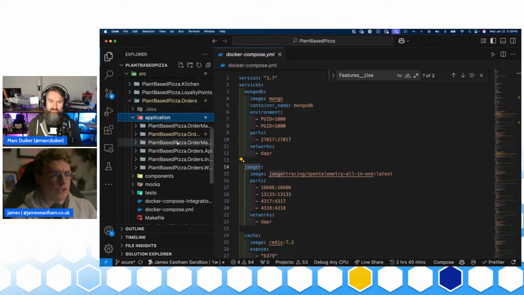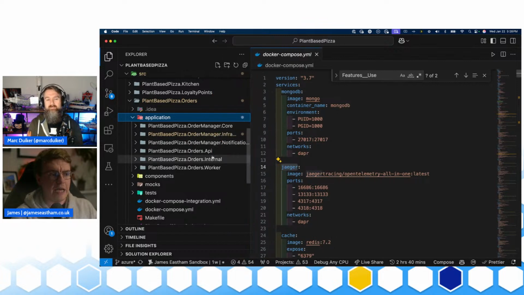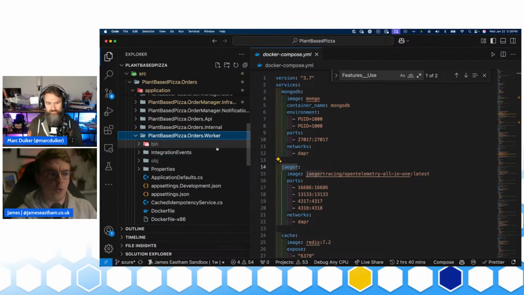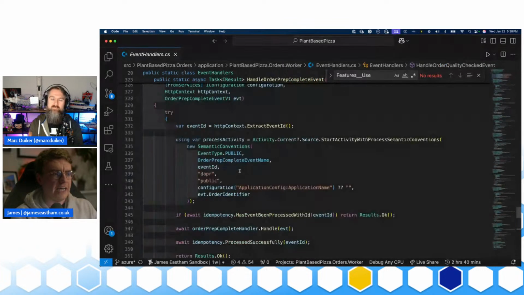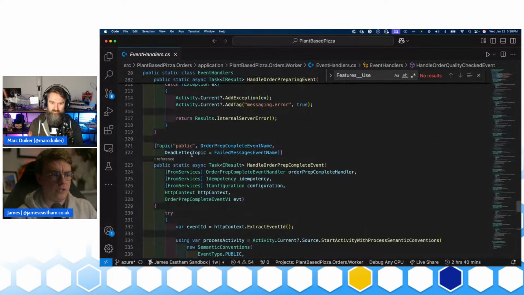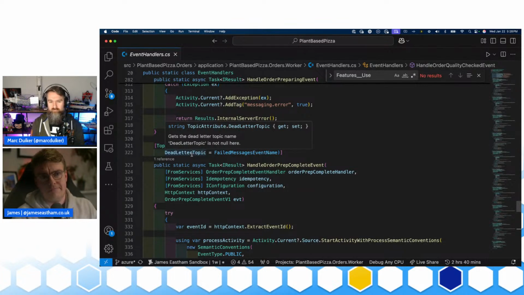So all of the applications are split up into some kind of API and then some kind of backend worker, which is where the event handlers are. And because all of these event handlers are just HTTP endpoints, and because of the way OpenTelemetry works in .NET, you can just turn on OpenTelemetry for your ASP.NET endpoints, which means if your web API receives an HTTP request that has OpenTelemetry headers, it will automatically extract those headers and automatically propagate the trace.